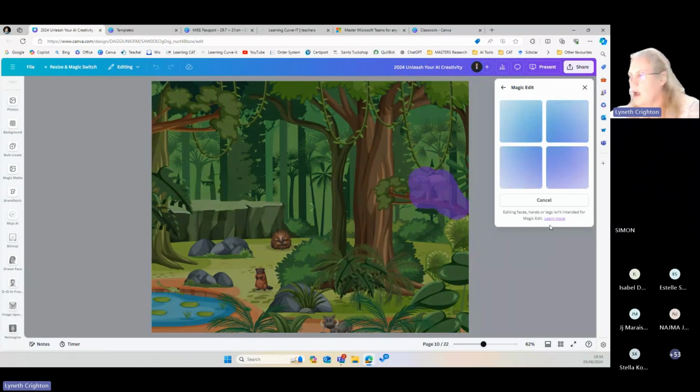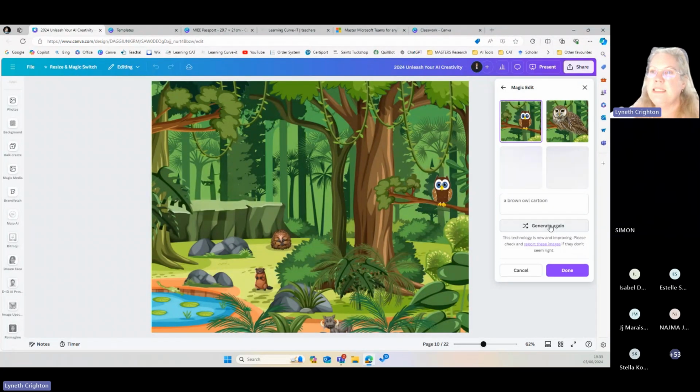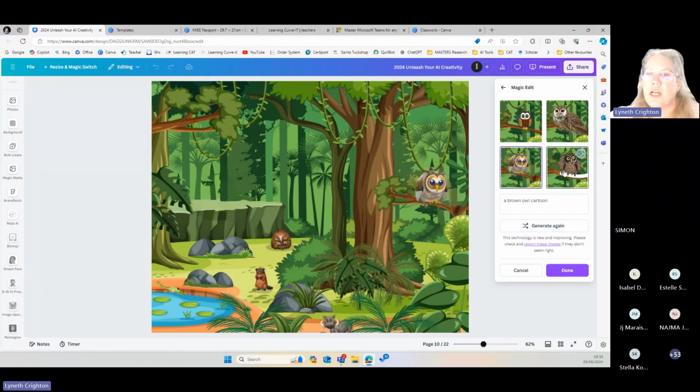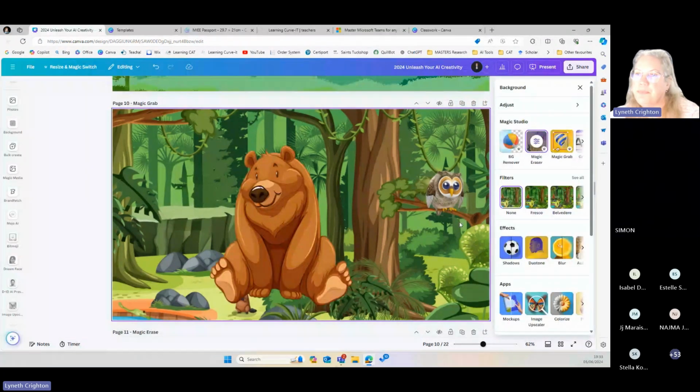So how much fun, because I always found clip art that I really loved, but there was a piece missing, that I did not like the monkey in the tree. And now I can have an owl in the tree.